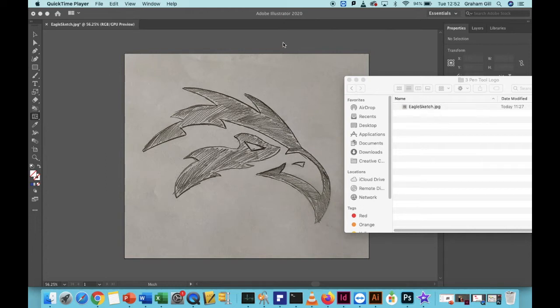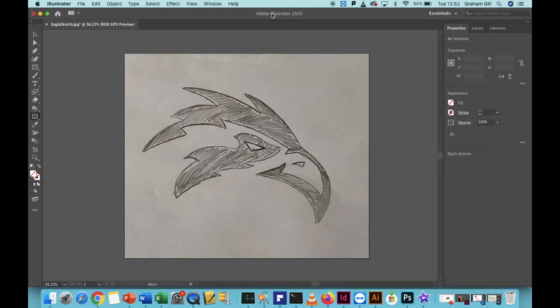To do that, the first thing I want to do is go into Illustrator. I'm going to click on the pen tool in the left-hand side of the screen. Now I'm going to make sure that my fill color for the pen tool is set to none, which is the white square with the red line. Now I'm going to choose a stroke color. I'm going to choose a dark blue. Just so I can clearly see the line I've drawn, I'm going to change the stroke size to about 3